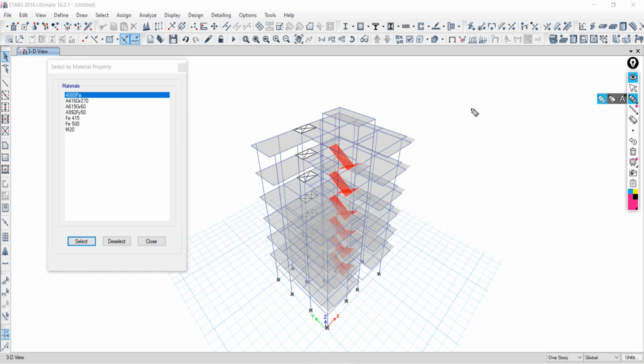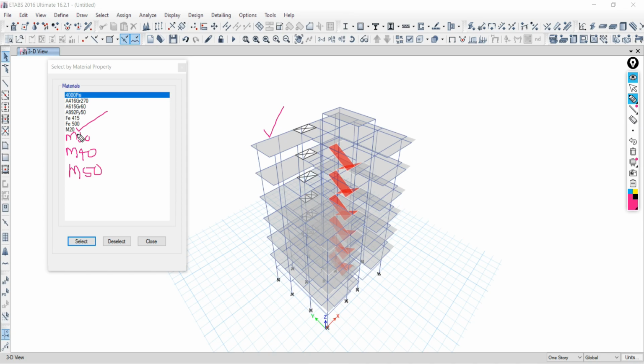Sometimes what happens if you are using a high rise structure, only one grade of concrete may not be used. There may be different grades of concrete like M20, M30, M40, M50, like that. But right now you want to select all the structural elements like beam, column, whatever, where M20 grade of concrete is used.